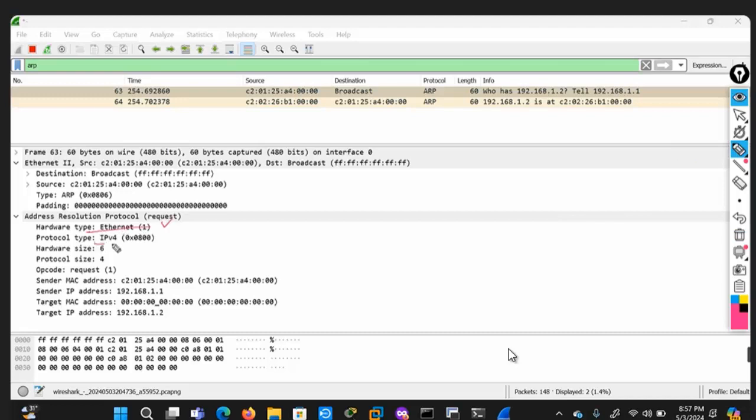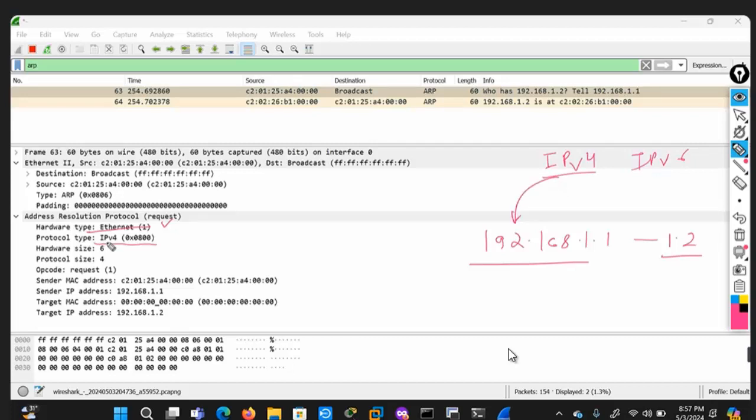And what is protocol type? Protocol type means it is using IP version 4. We configured 192.168.1.1 and 1.2, right? These IP addresses are layer 3 IP version 4 addresses, because there are two versions of IP address, IP version 4 and IP version 6. It is a 32-bit address.